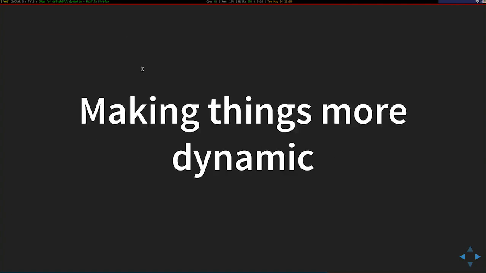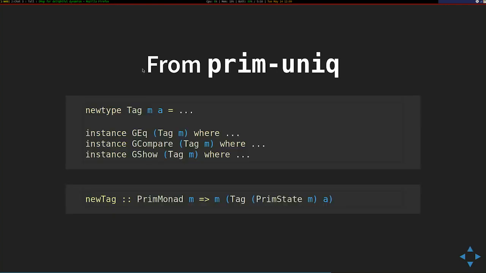All right. Now the dynamic bit. Sure, we've got keys for all of these things, but what about the keys you're not expecting? PrimUnique is a package in this universe that has your back. It has a tag type, where the A is a phantom type, and you have all of the instances to